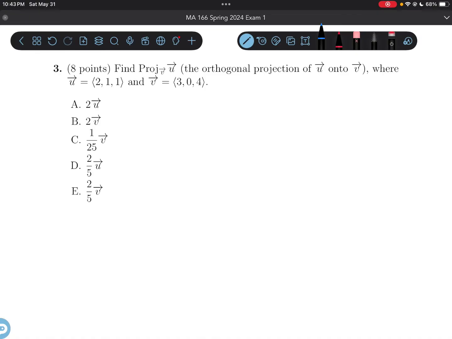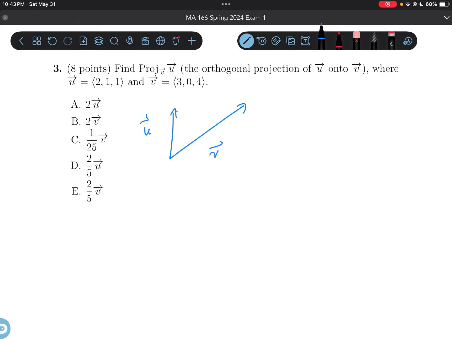Okay, so problem 3 says find the orthogonal projection of vector u onto vector v, where vector u is equal to 2, 1, 1, and vector v is equal to 3, 0, 4. Alright, so first, let's just go through what they mean by projection. So suppose we have our vector u and our vector v as such. We can find the projection